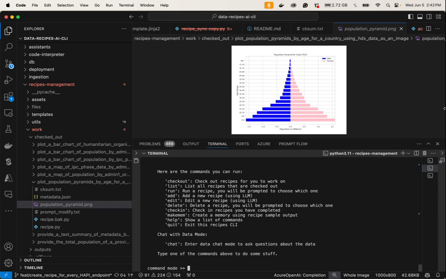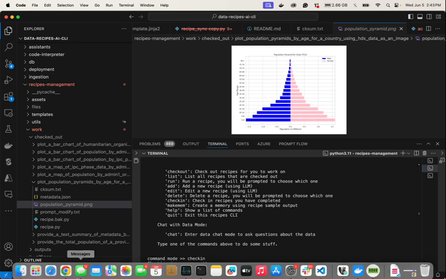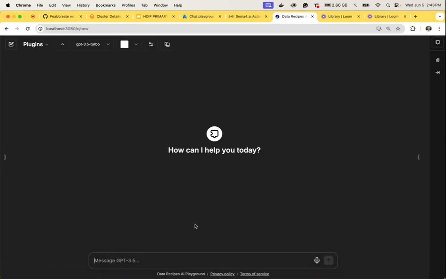Once those recipes are done, of course, the next step, or the final step, is to actually check the recipe back into the database. This will look for changed recipes and will actually push both the recipe as well as a sample result that you see here into the database. And then once they're in the database and once that publish has occurred, that means they can be used by any other system. So pyramid